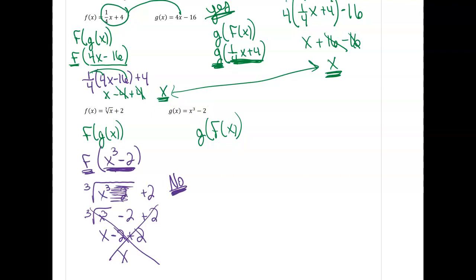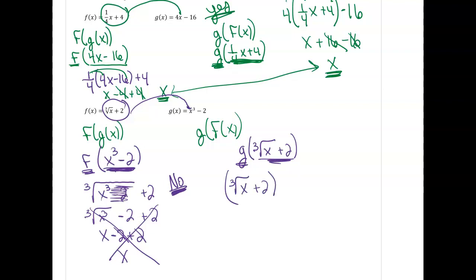So the other version says take f of x and put it into here. So that's what I'm going to do. All of that is going right where that x is, or go to g's function and put this in there. So in for x, I'm going to put all of this minus 2. And the reason why this isn't going to work is just for one more reason, is this third